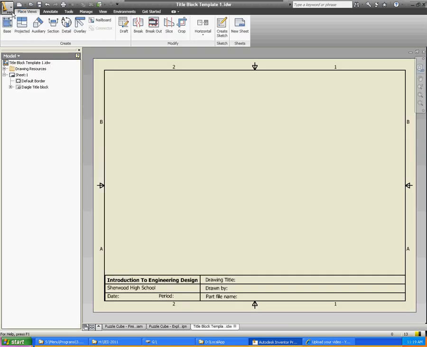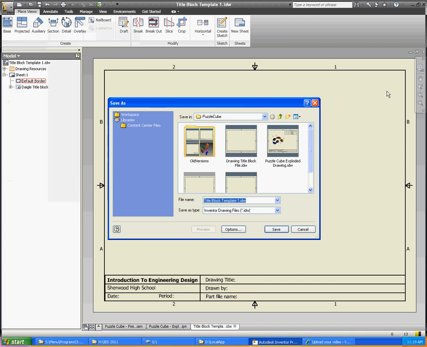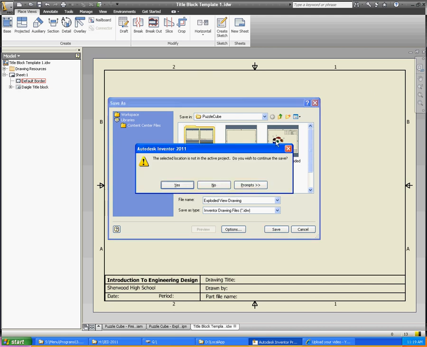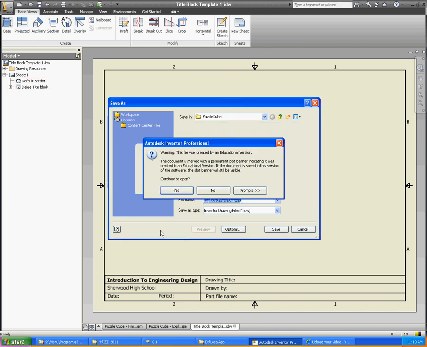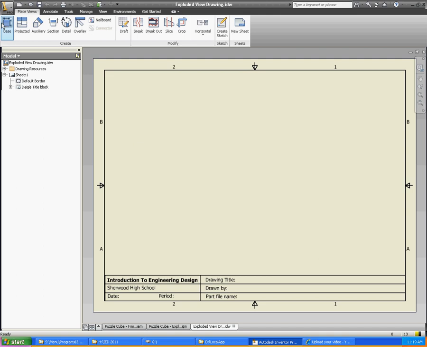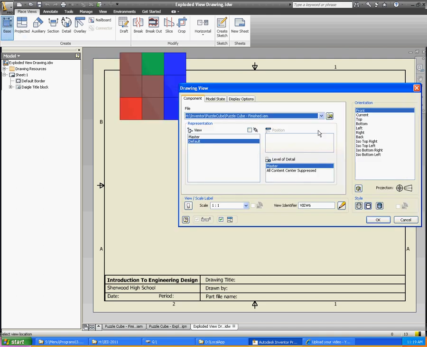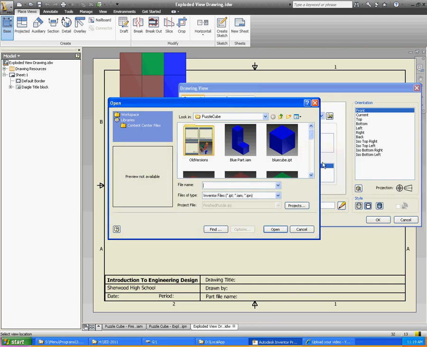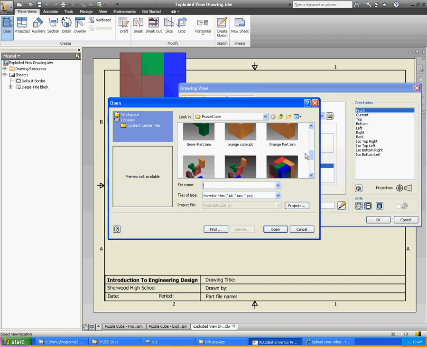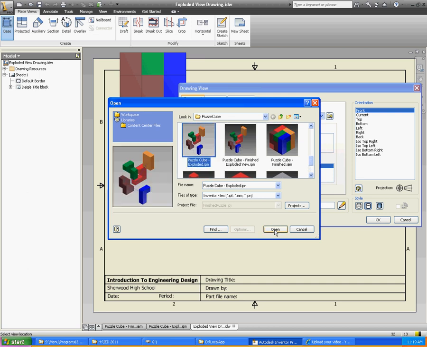And here I'll save it first and save this as exploded view drawing, because this is a drawing file, an IDW. And now I can select my base view, and I will use that IPN or presentation file as my base view. And it looks like I have two. Take the one I just created,